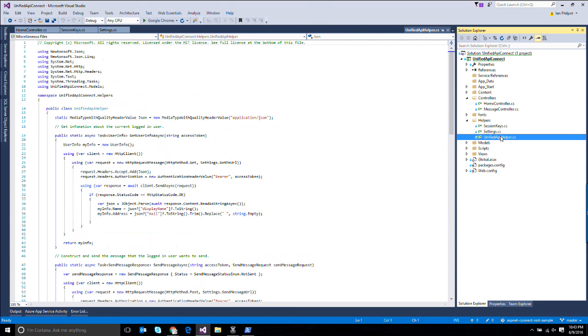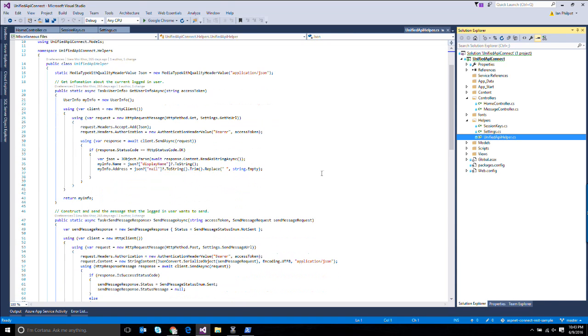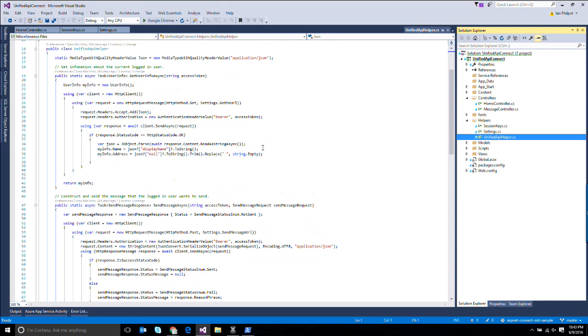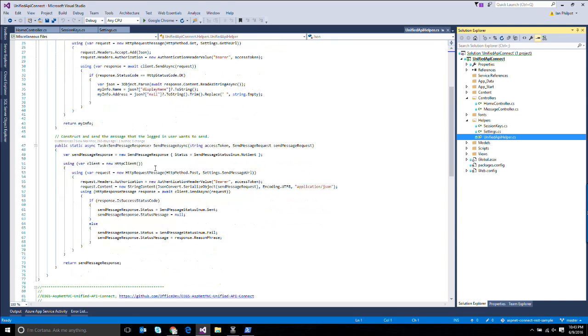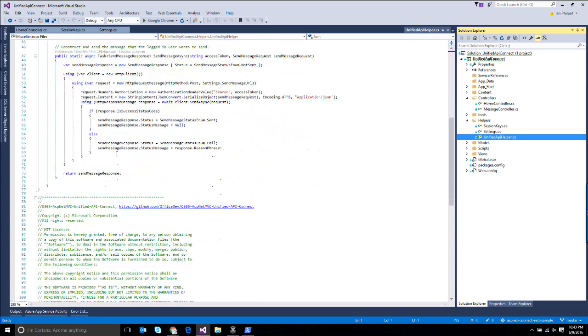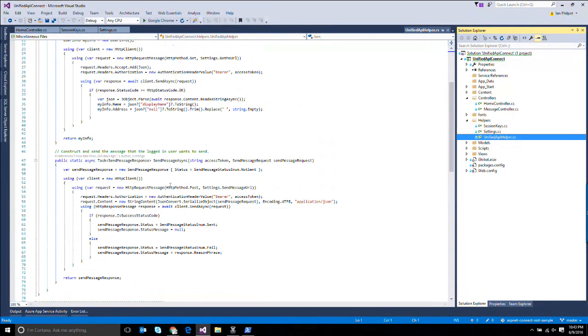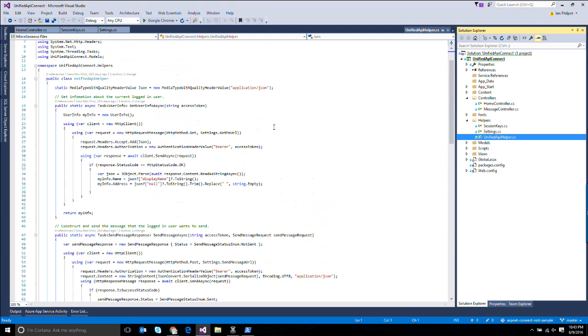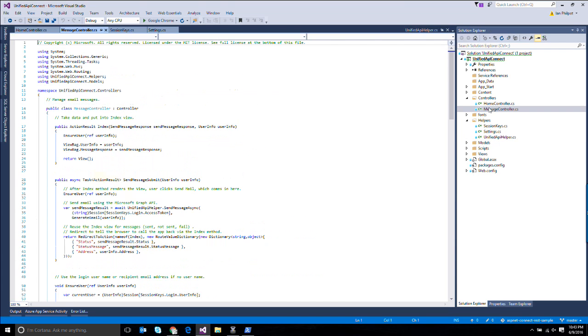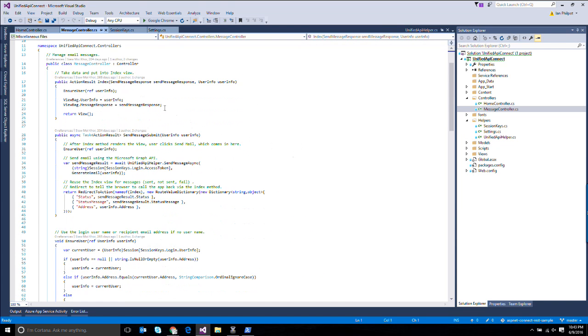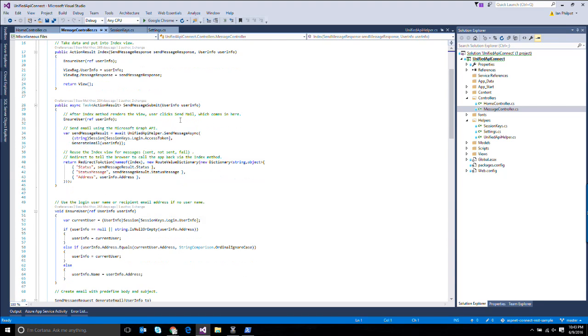Okay, and then a unified API helper, doing some stuff with JSON, get user info async. Send message async, so that's actually calling the API using HTTP client, cool. And then if we take a look at the message controller, this will send